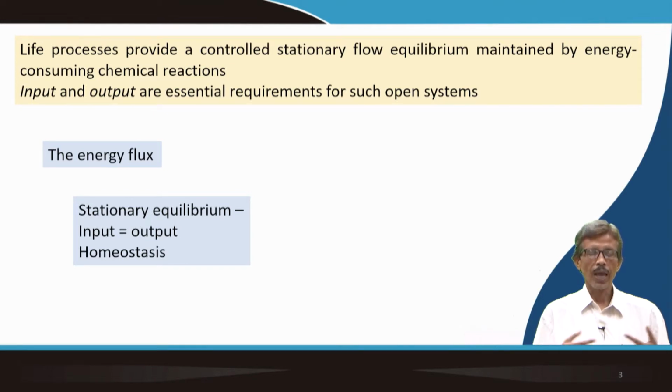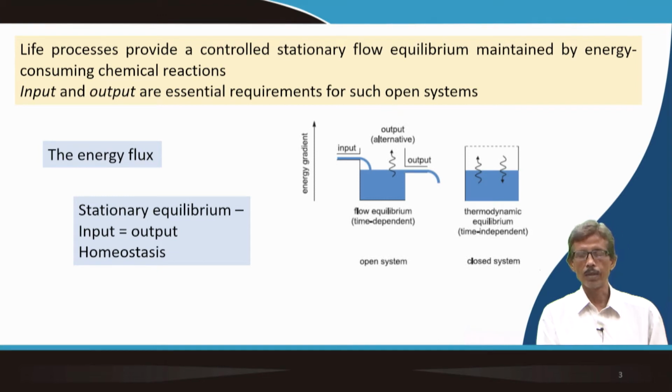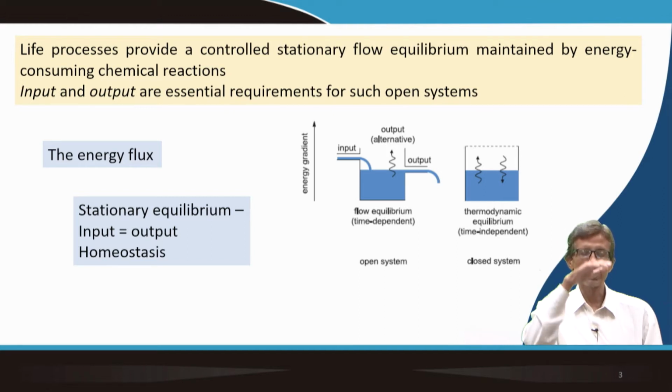And that is why we maintain the corresponding metal ion concentrations also, not only any other important biological molecules like glucose, amino acids, peptides and other things. It is the homeostasis of the metal ions, and we will be focusing in all these classes on the homeostasis of the metal ions. So, if we have an energy gradient from the lower to the higher one, and if we consider two flow equilibrium, but in the closed system which is a thermodynamic equilibrium, we know everything we study in our regular thermodynamics classes or physical chemistry classes,